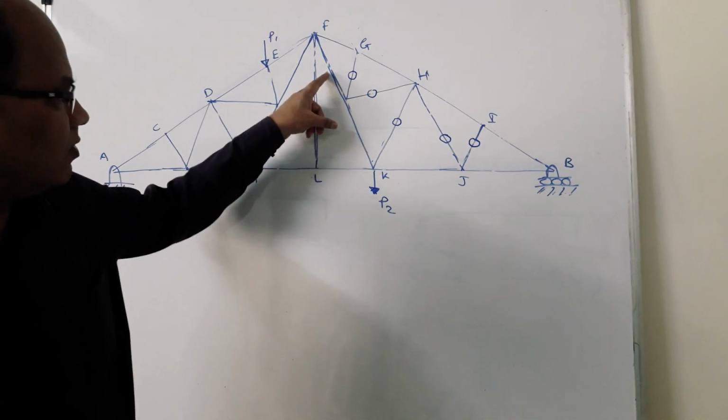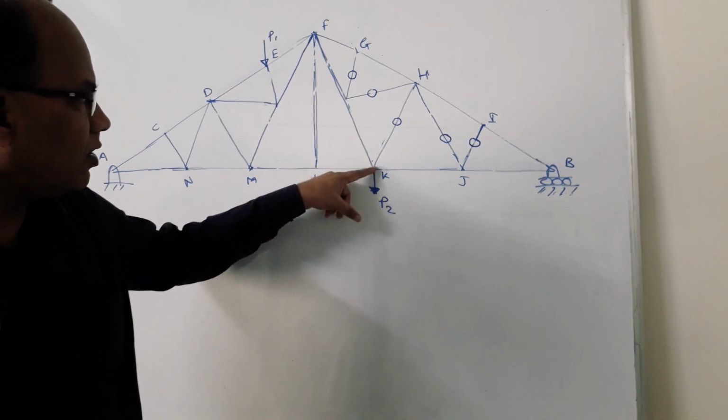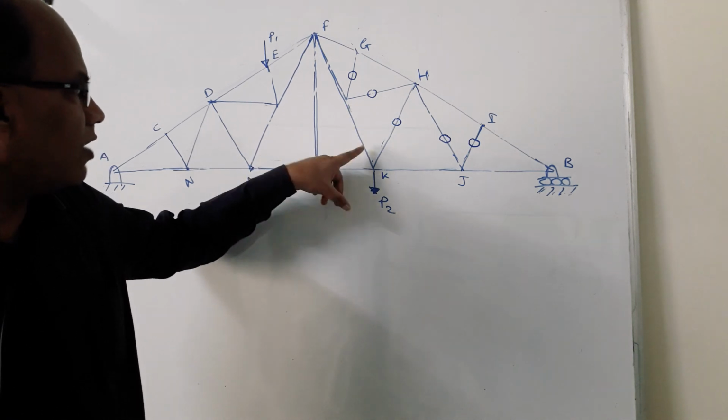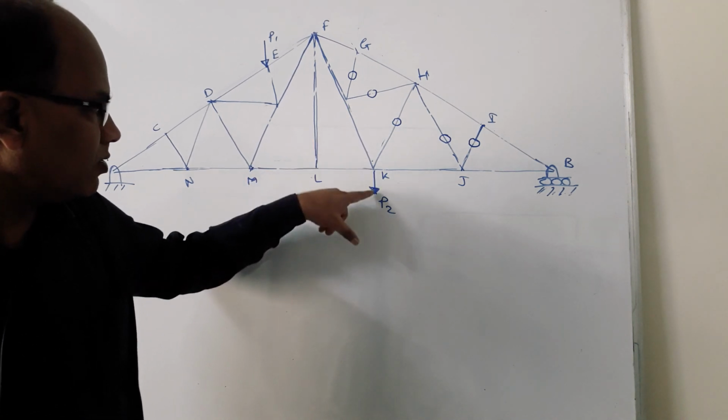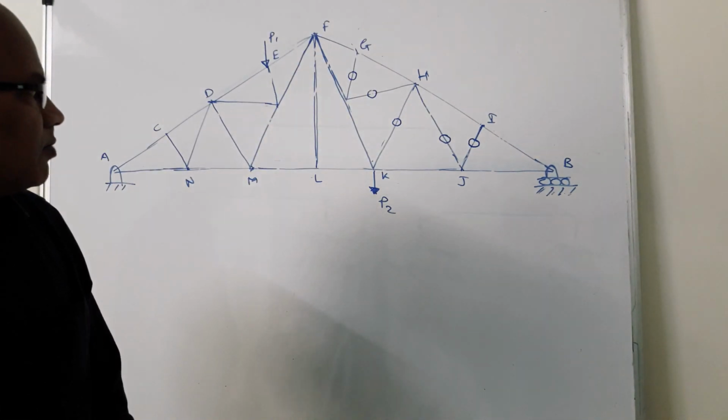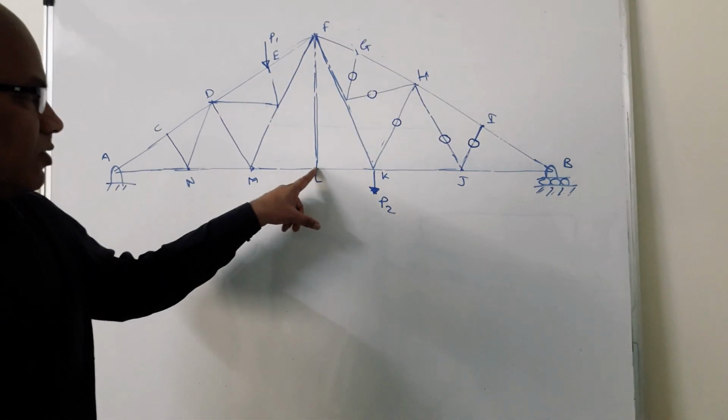Can I go with these 2? Now this joint cannot tell us about the force in this member. As there will be some force in this member, because the external force is over here, the same force will get carried over to the next member again. Now then I will go with this joint.